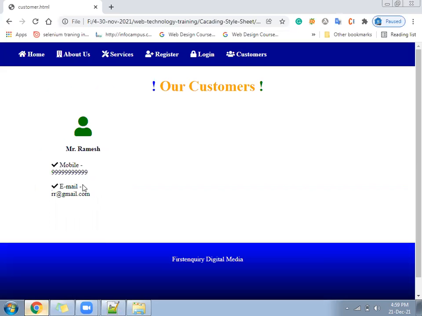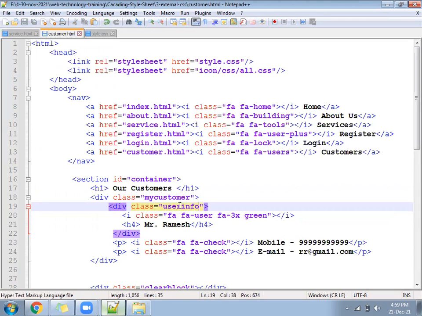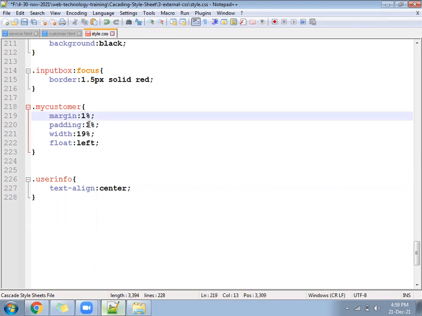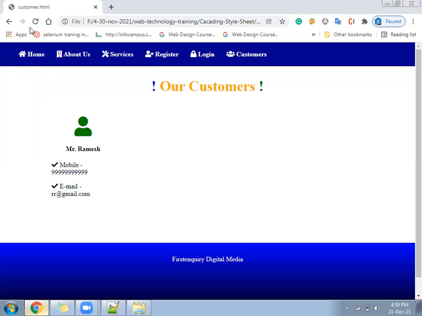But this fellow is coming down again. With how much did I write? 19%, 1%. The fourth division is not able to fit here. Dot left 1, 2, 3, 4. I think I'm doing something wrong here.